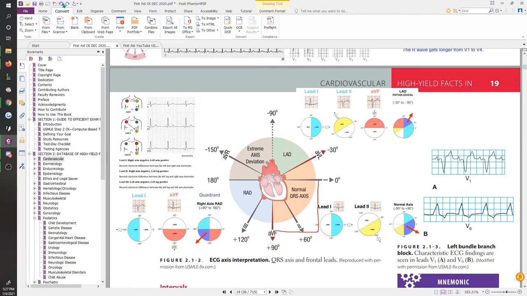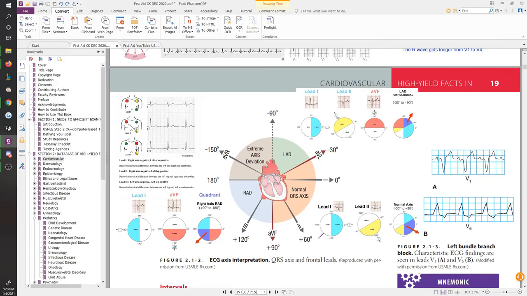Honestly, this is a very complex thing that you don't really need to know very, very well. The only thing you need to know is how to pick that answer choice, right? Getting good at axis deviation, figuring it out and stuff like that. There's a lot of images here to help you see that and look for things on your ECG. Always you're going to be looking at things for 1, 2, and AVF. Those things will come with practice, and you'll get there when you get there.